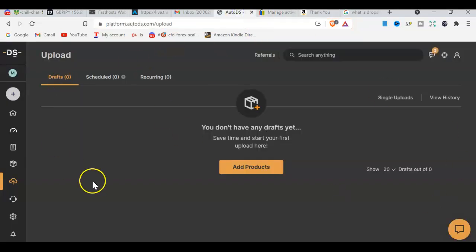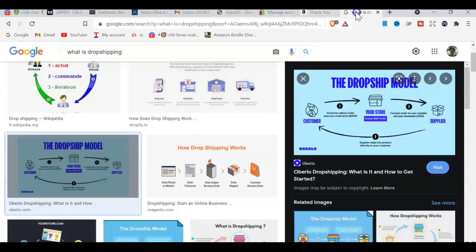This is the system I use, which is called AutoDS. I'm just gonna keep going, and this is gonna make sense why you want to use AutoDS, right? Because if you want to be listing products on your eBay store one by one, it's gonna take a long time, 10 minutes each one, right? So just to list 10 products, you've already lost an hour or two of your time, which is why you need something like AutoDS. Let me just show you